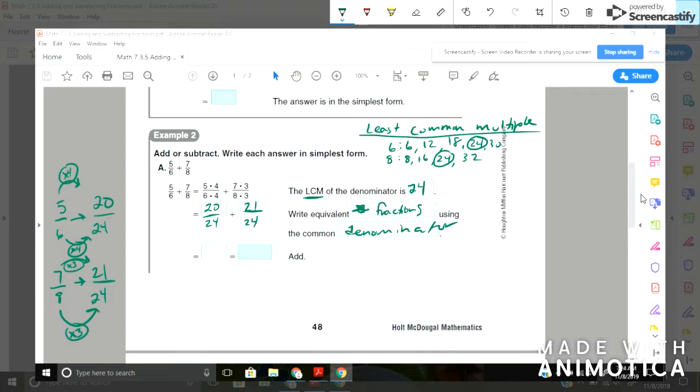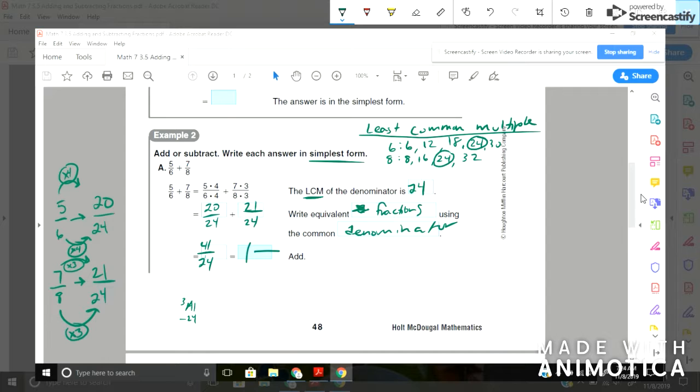Okay, so 21 plus 20 would give us a total of 41, and keep your common denominator of 24. And then in simplest form, we usually don't keep it as an improper fraction, we make it into a mixed number. So how many times does 24 go into 41? 1 full time. And how many left over would we have? Well, 41 minus 24,